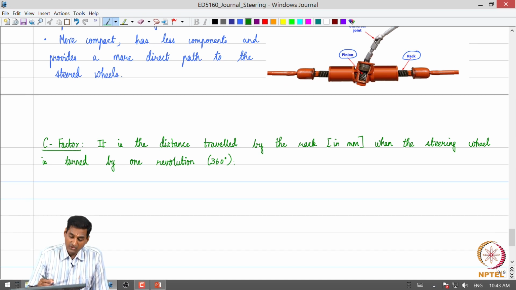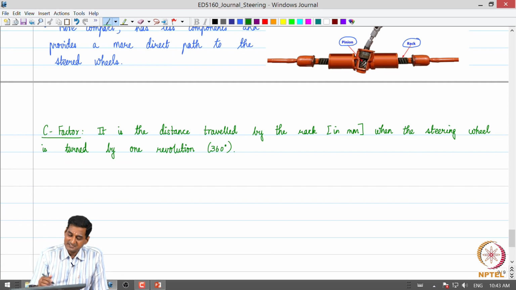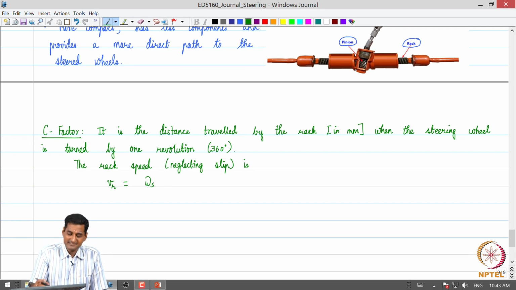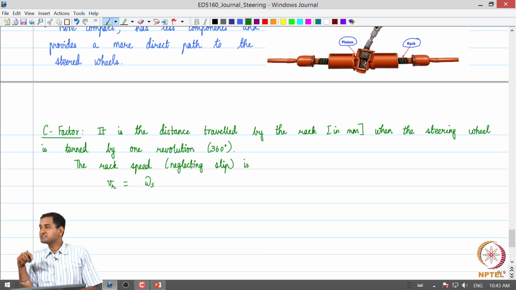Now, if we consider the C factor, the rack speed, neglecting slip at the interface between the pinion and the rack, let us call it VR. Let us say omega s is the angular speed in radians per second of the